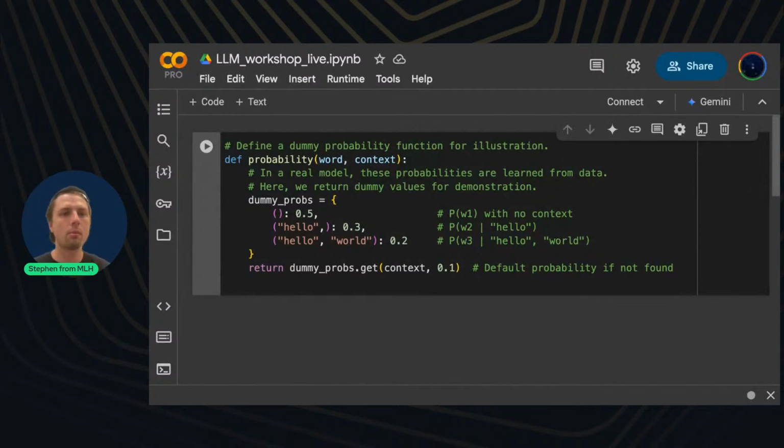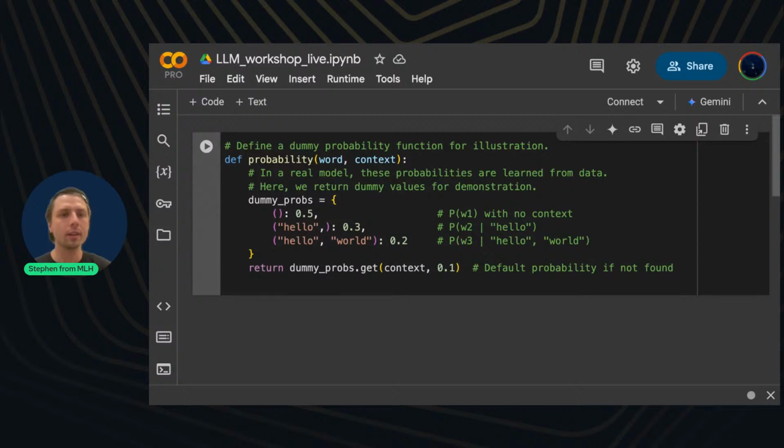But check out this probability function, okay? It gives us the probability of a word in its context. So you can see P(W1) is just 0.5, according to these probabilities that are just learned. We're not sure how they got learned, but just telling you, this is what we learned. Probability of W2 given the word hello. So I said hello, and then given that is 0.3.